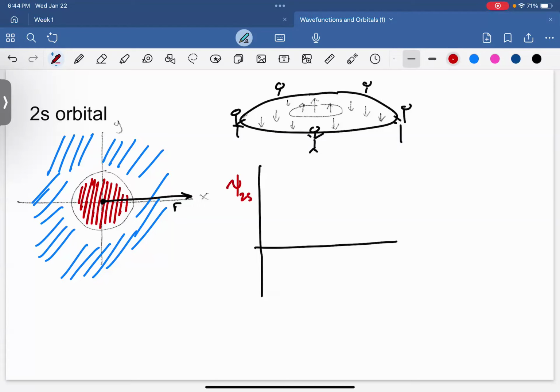This is now the 2s orbital at the nucleus. At the nucleus, the wave function is positive and large. We'll call red arbitrarily positive and blue arbitrarily negative. And then at this fixed distance where I have my radial node,